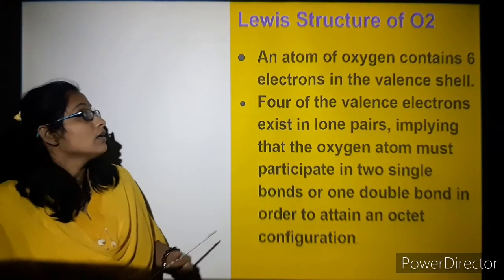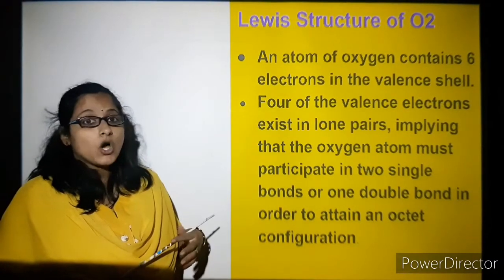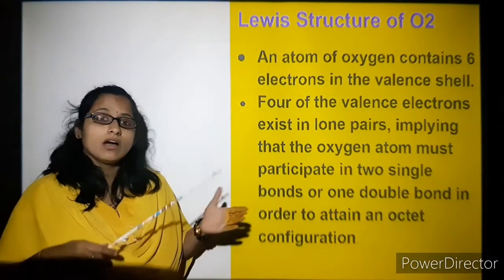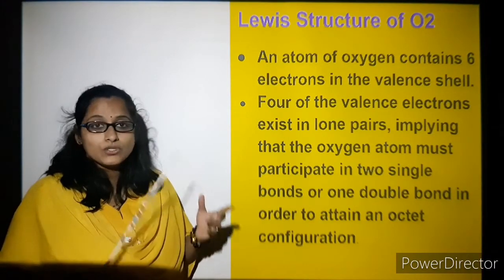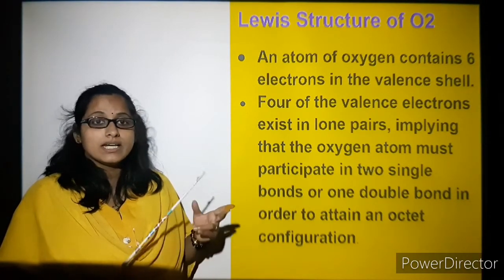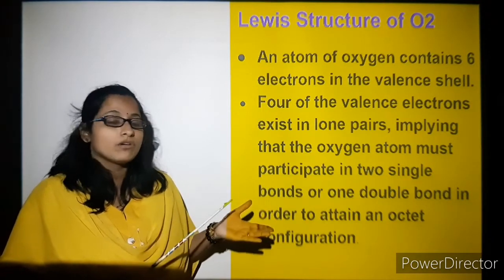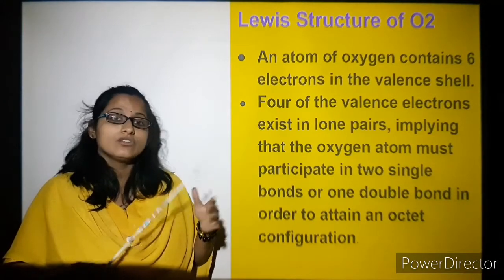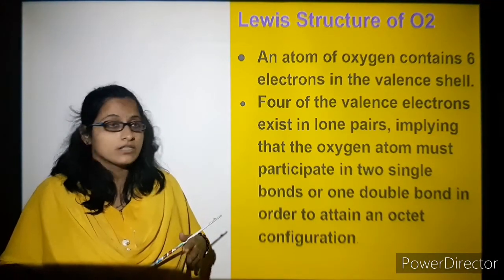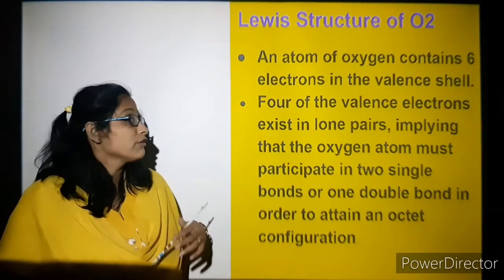The next example is oxygen. In the same way as carbon dioxide, where we had carbon in between, for oxygen there are 2 atoms of oxygen that need to share their electrons. Again you know that the atomic number of oxygen is 8, so it will be 2,6 and they need 2 electrons to complete the octet. So they are going to share their electrons and become an octet configuration.